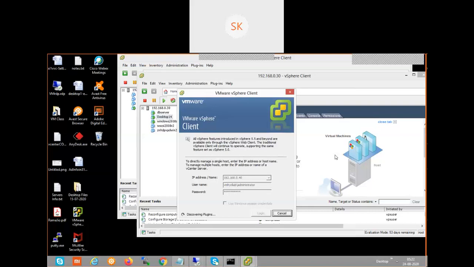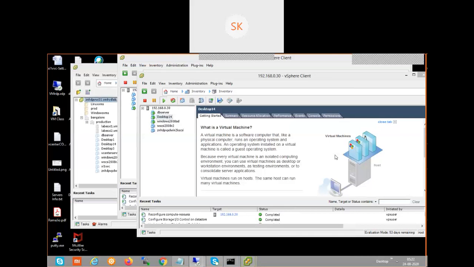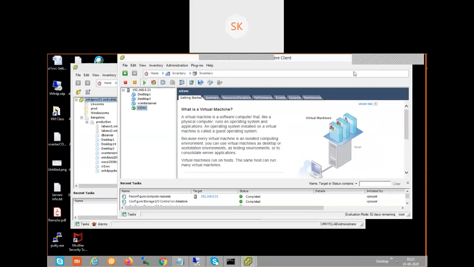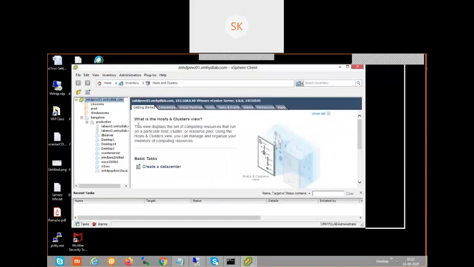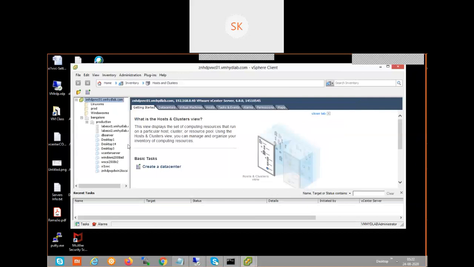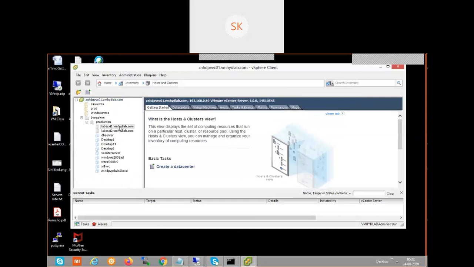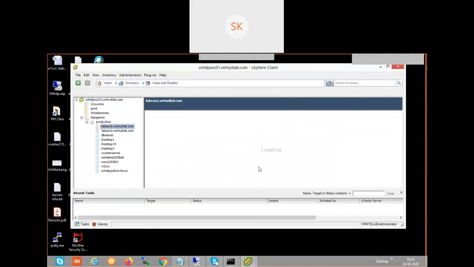If that ESXi host is down, all servers hosted on that ESXi host will be down. So I need to make sure I reduce the downtime. Reducing the downtime means the ESXi host might have a hardware issue, but the VMs should run on other ESXi hosts without any issue. So how to achieve it, how to configure it, and all those things, we are going to see with HA and DRS.